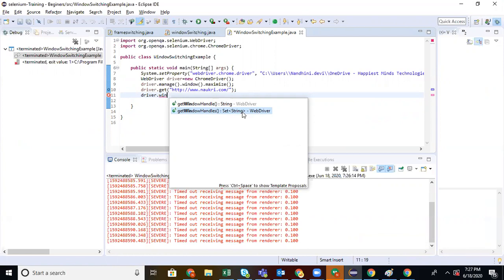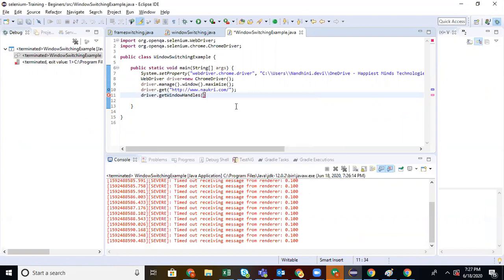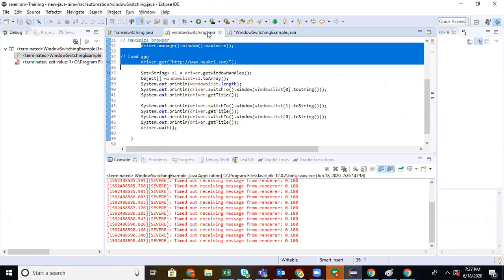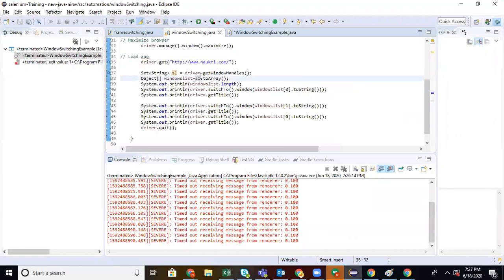It will return you all the windows. So this will give you the set of strings. You may not know what a set is, but you know what an array is. So what you can do is convert that particular set into an array, like converting an integer into a string or a float into a string. We are converting the set of strings from one box to the other box that I know how to access. I know how to access the array, but I don't know how to access the set. So I'm going to convert this, meaning transfer the items from the set to the array, so that I know how to access them.